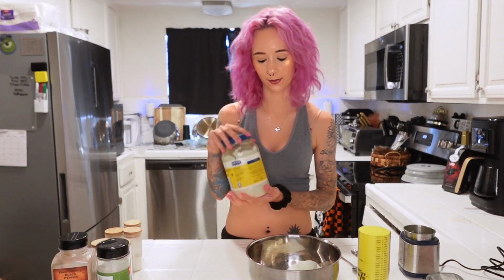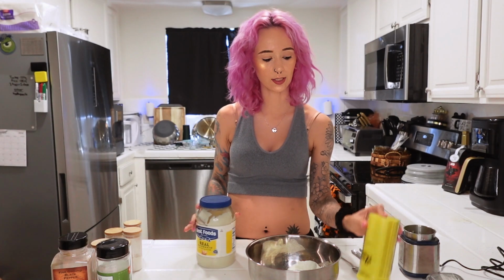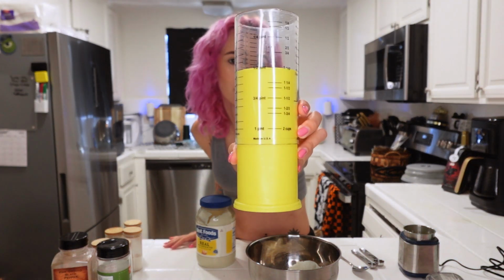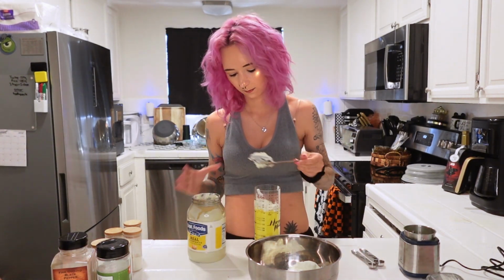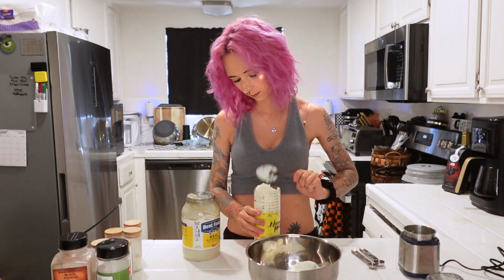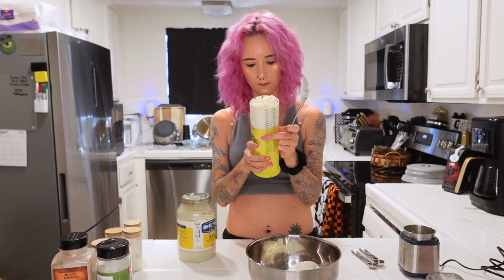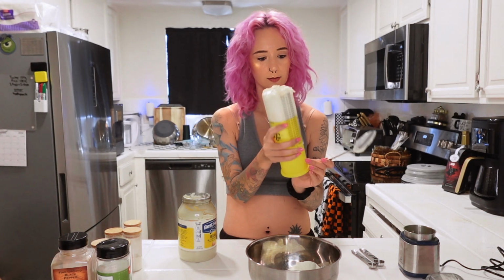I just need 1 cup of mayo, and I've tried using off-brand mayo and different kinds of mayo, but this Better Foods mayo is the only one that tastes the best out of all of them, so that's what I continue to use. So I'm gonna get 1 cup of this. I actually use this little measuring, I don't know what you call this. But you line it up to 1 cup, so I'm lining it up to that 1 cup measurement right there, and then I'll fill it with the mayo, and then you just kind of push it out, and then you don't have to worry about a big mess or anything. Make sure there's no air bubbles in there. And then